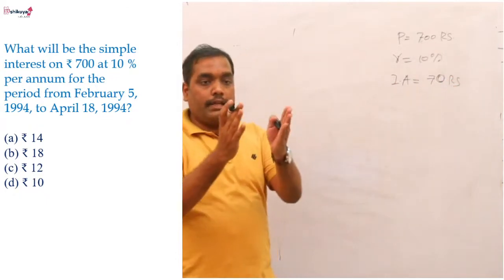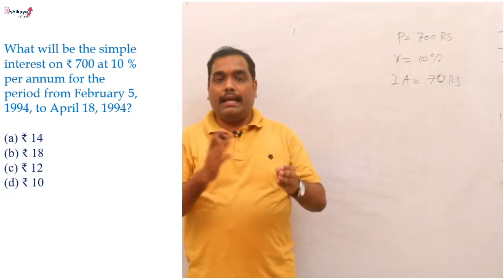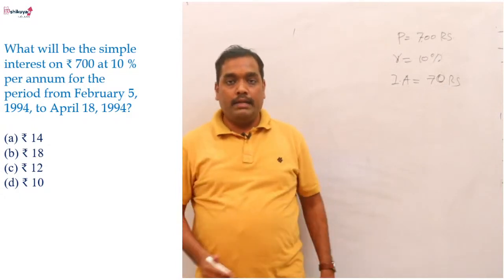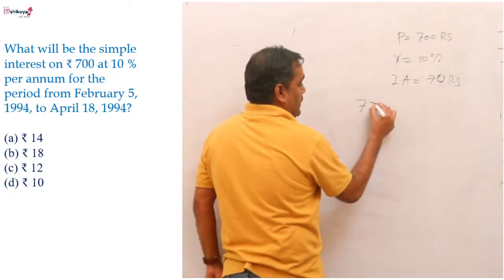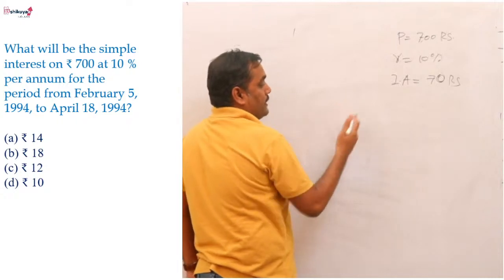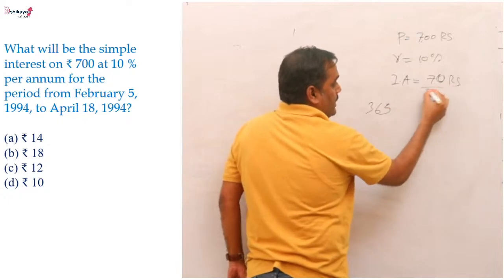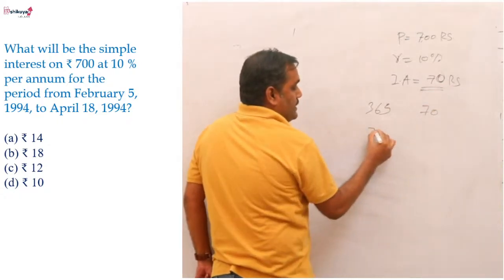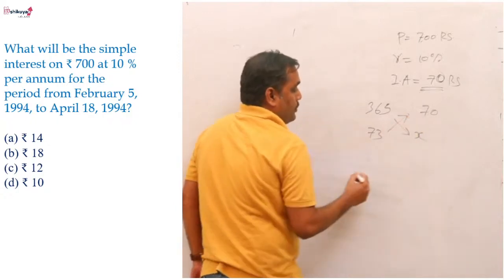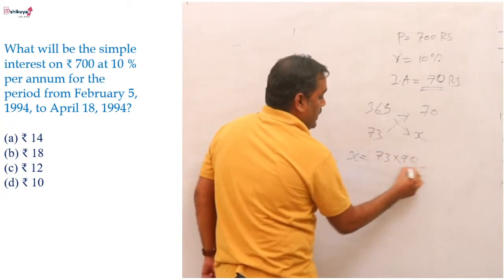Now the given duration in the problem is from 5th February 1994 to April 18, 1994. If you calculate the number of days for this given period, we are getting 73. So a simple logic we can apply here to calculate the interest amount for these 73 days. For 365 days we are getting an interest amount of 70 rupees. So for 73 days, how much interest amount will you get? A simple cross product we have to take to get the answer. So here we are getting 73 into 70 divided by